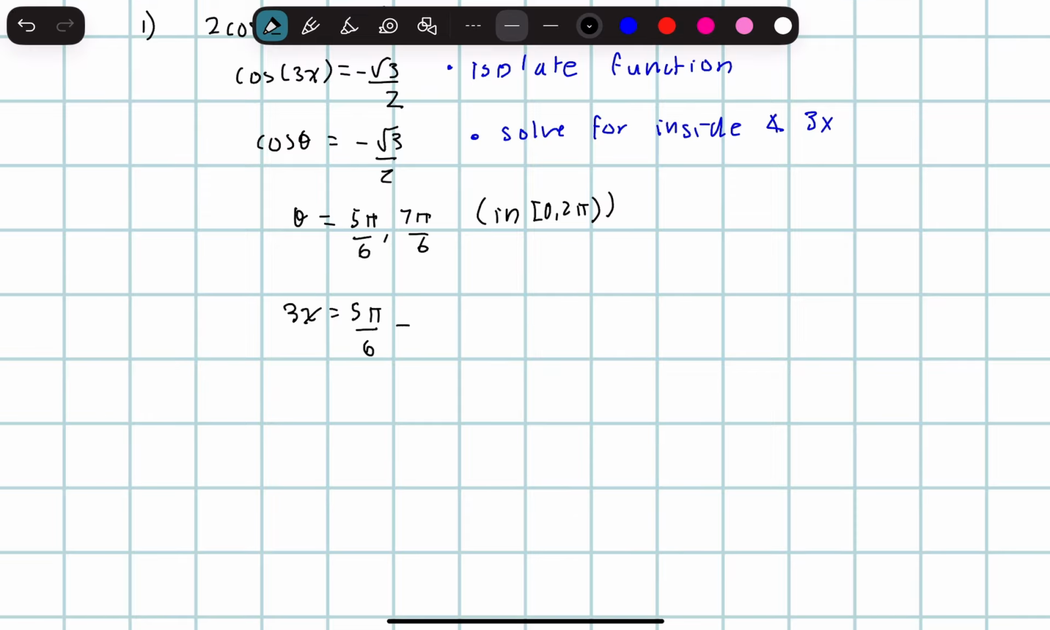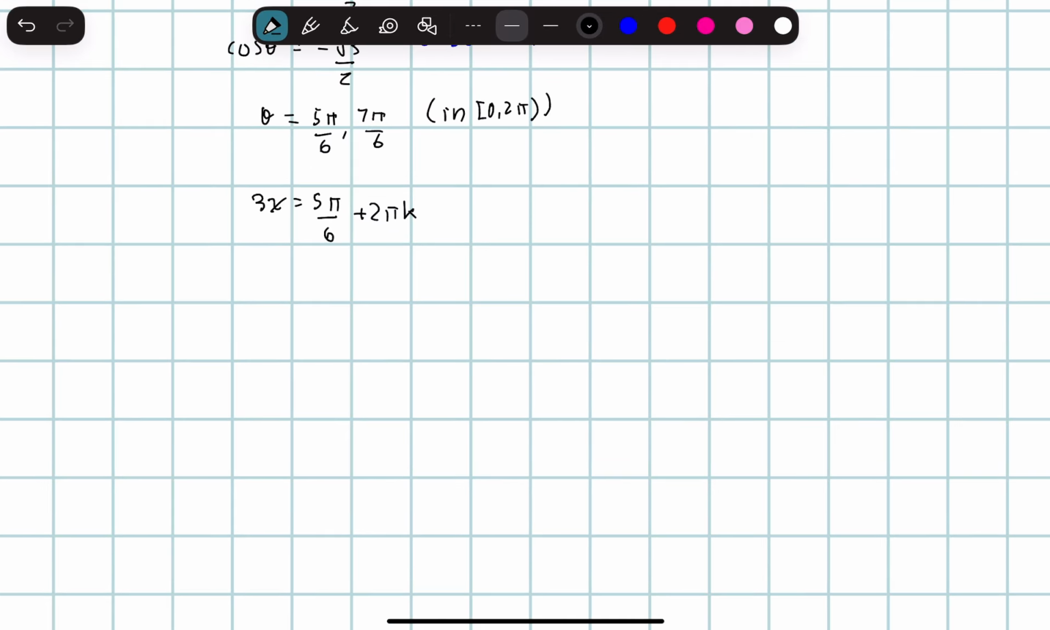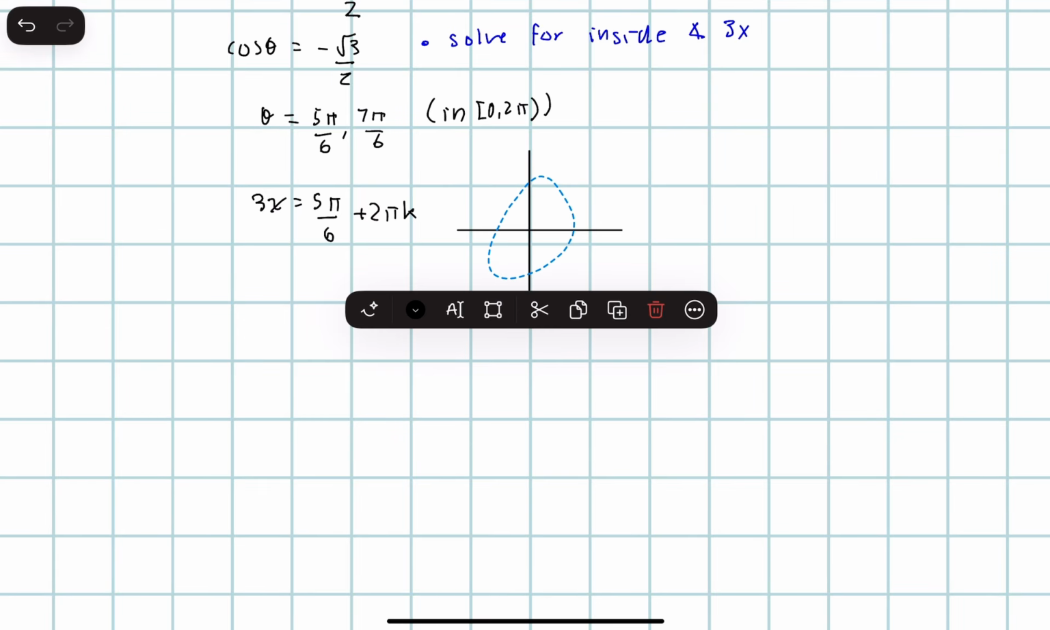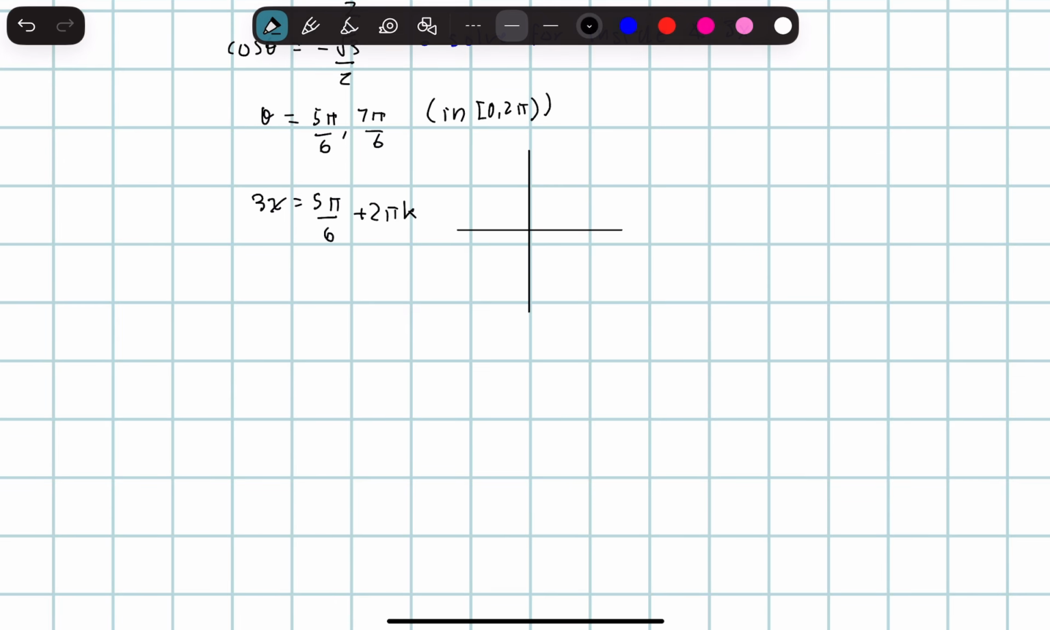And you're going to remember that the pattern for this is going to repeat every 2 pi k. So essentially, you're going to think of this on the unit circle. Where is 5 pi over 6? And where is 7 pi over 6? On the unit circle, we know that